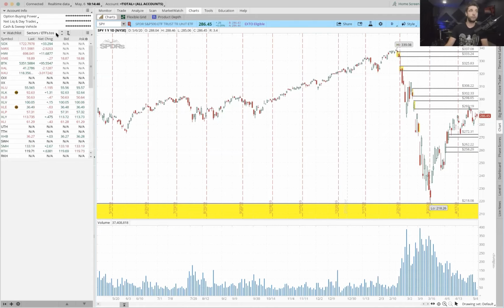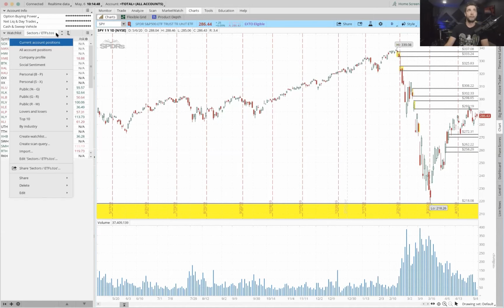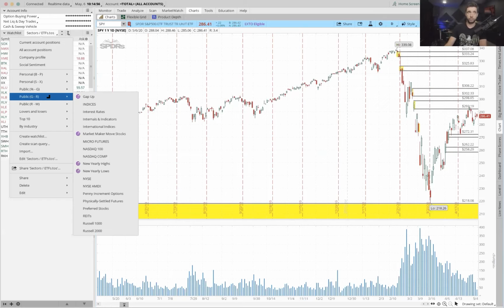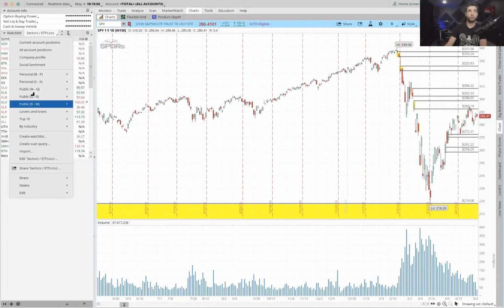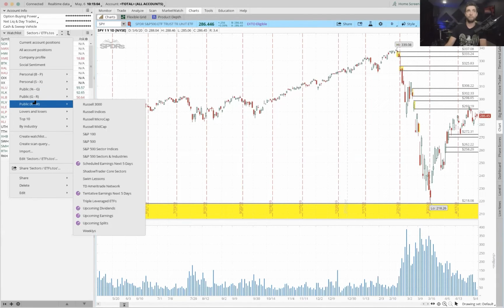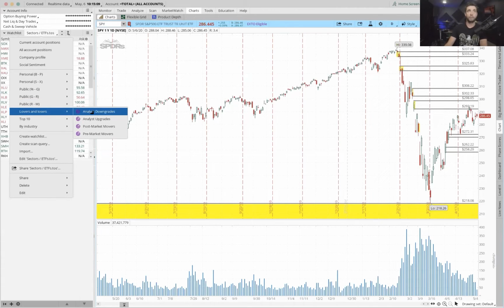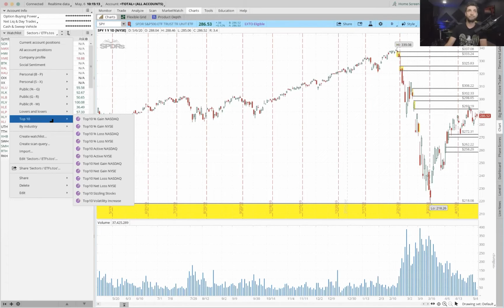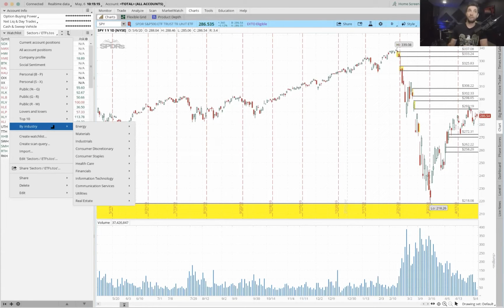Yours might bring up something that says default, right? But I've gone through a lot of setup process, so my defaults might be a little bit different than your defaults. But now you can go under here and select which watch lists you want to choose, okay? So anything that says public is something that Thinkorswim and TD Ameritrade have already gone and pre-set up. So you could choose any one of them: gainers and losers, upgrades, downgrades, post-market and pre-market movers, top 10 lists,